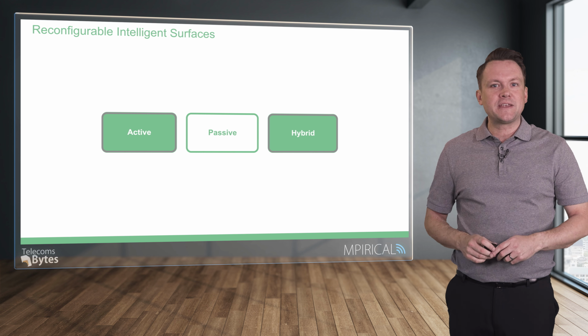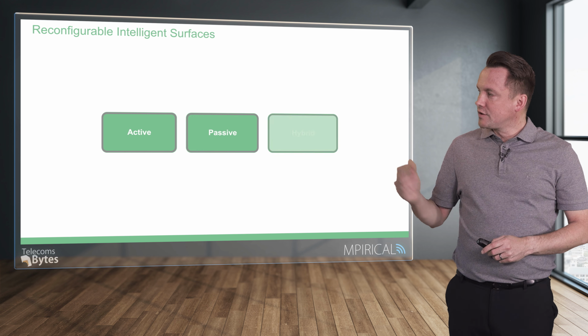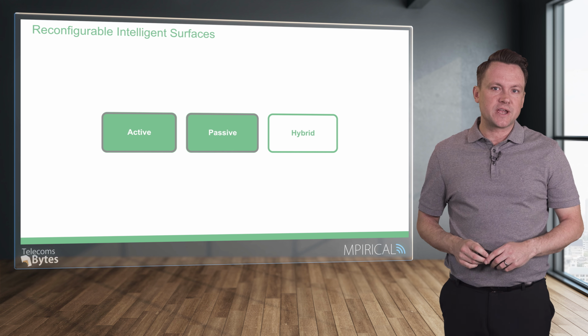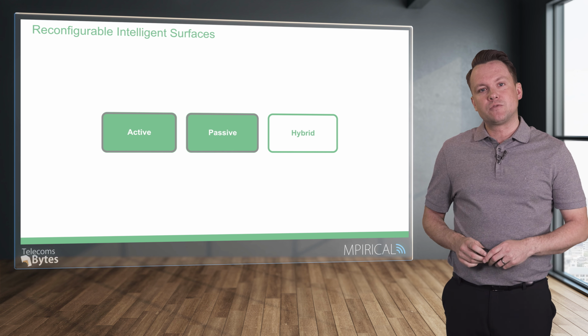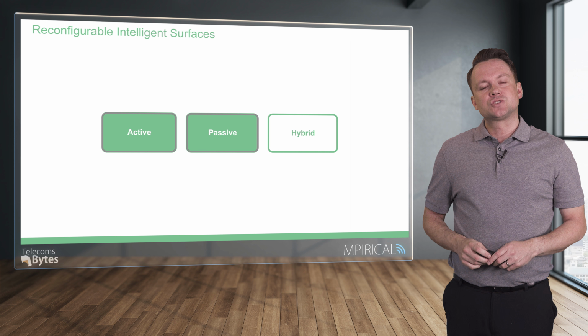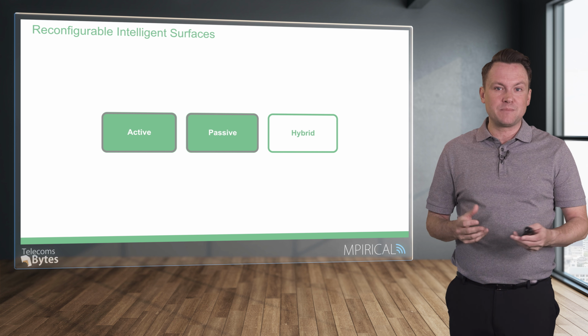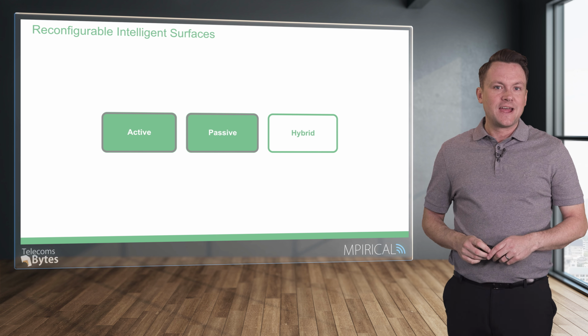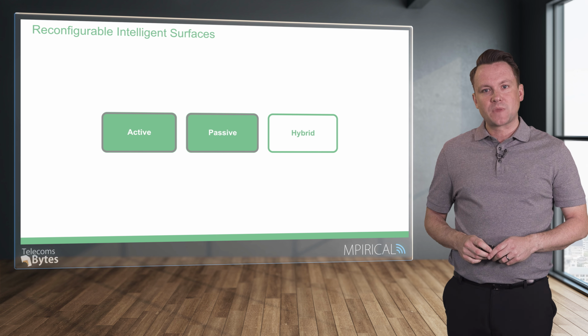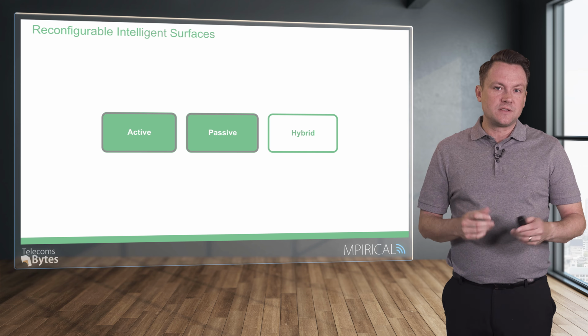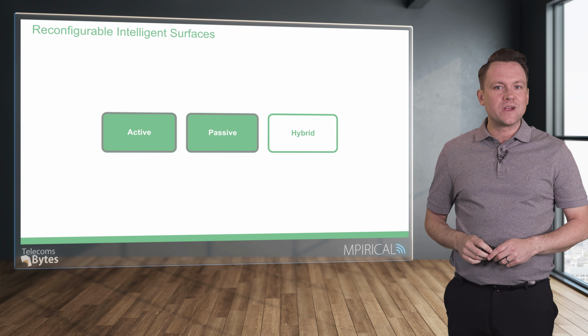Now, of course, with many of the systems that we look at, often we see a hybrid approach in use. So there may be reconfigurable intelligent surfaces that may be produced that actually employ a hybrid approach, in that they're actually a mix of both passive and active approaches. And as I say, ultimately the choice of method to use here will be dependent on a number of factors, and also the conditions. So the environment itself will be a factor in terms of determining which approach will be